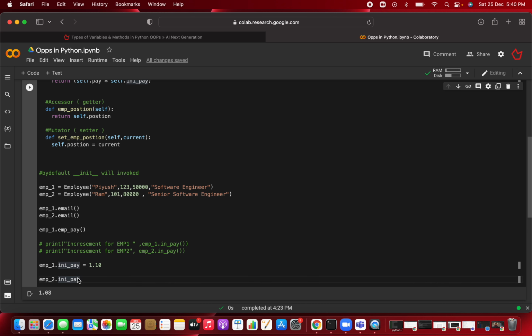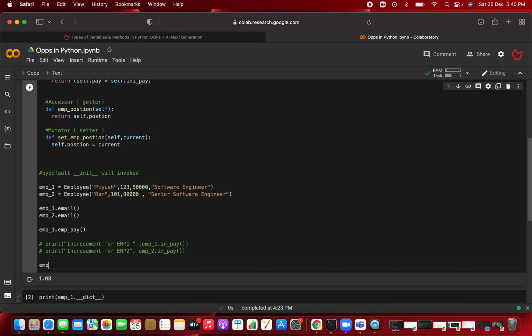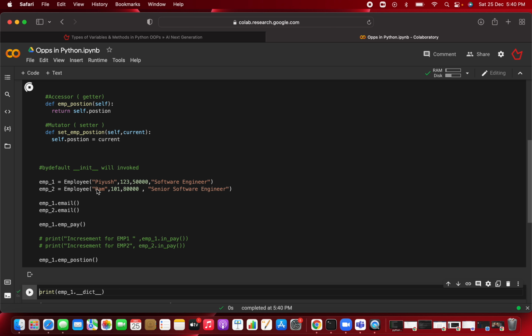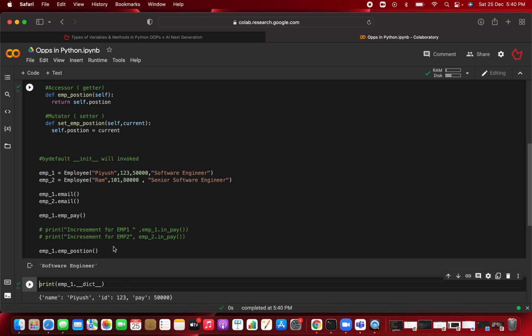So from employee one, you first call employee position, that is the getter method. Clear? So you write employee, then give the position, employee underscore position, and you call this position. It will give you software engineer, that is the role of Piyush.